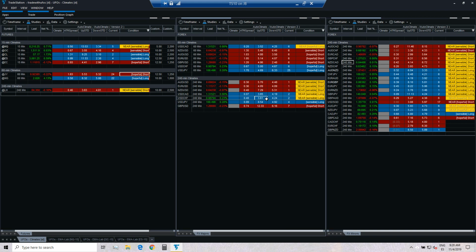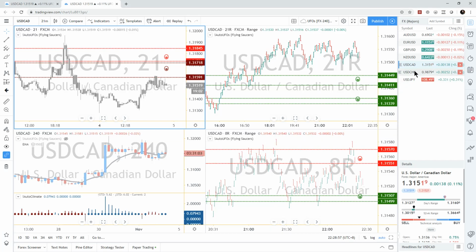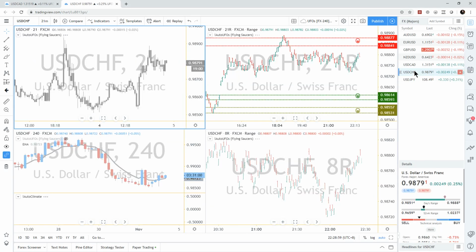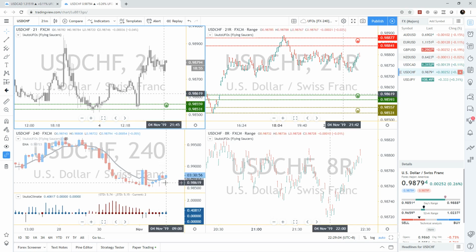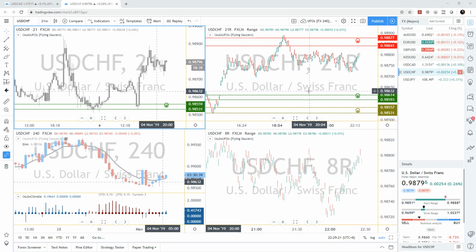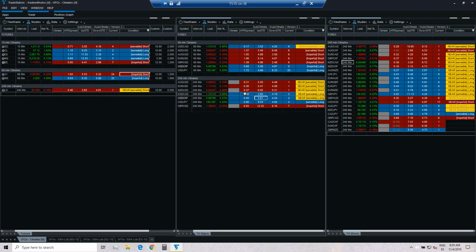we have US dollar Swiss franc. So we'll look at that one, and then we'll go back to the futures, because the market is about to open and we want to see what's going on with those trades, crude oil, gold and S&P. So we got 2 candles here with a defined climate. That's fine. Average it's 98.72, and 98.72 here we got nothing, and 98.72 here we got nothing. Okay, so for now, the three setups we checked with Forex are not fully meeting the rules, and therefore is not a valid one.